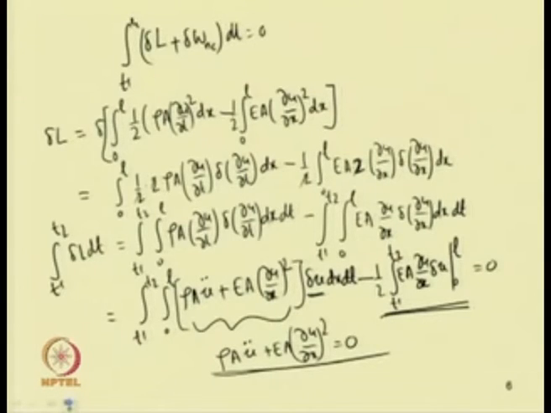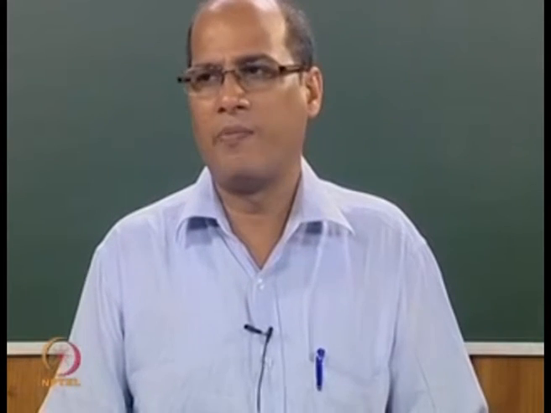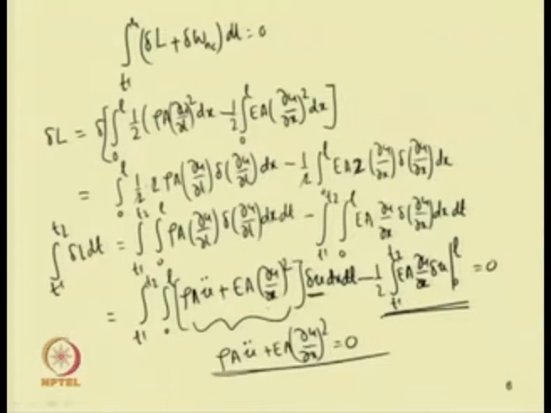Similarly, one can derive the equation of motion for other similar equations, and the advantage of using this Hamilton principle over the Lagrange principle or Newton or D'Alembert principle is that, in addition to getting this equation of motion, one can get the boundary conditions also. So, this gives the boundary condition, E A ∂u/∂x into δu from 0 to L. So, that gives the boundary condition.